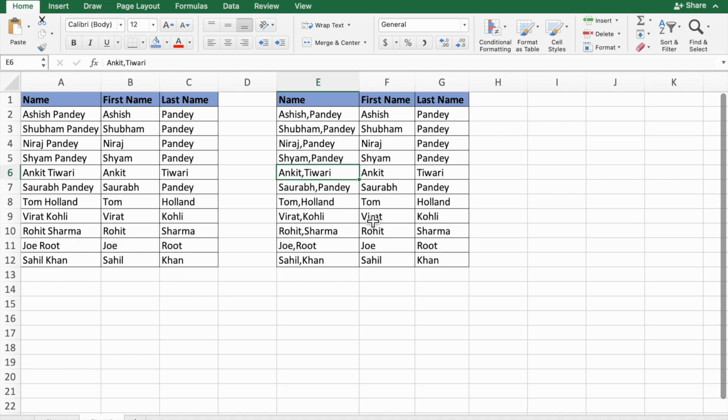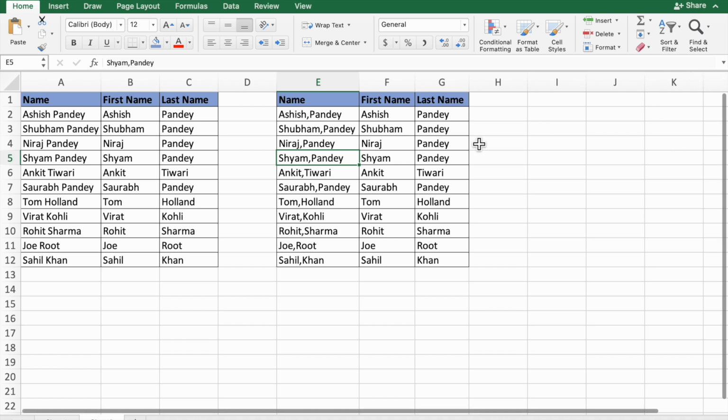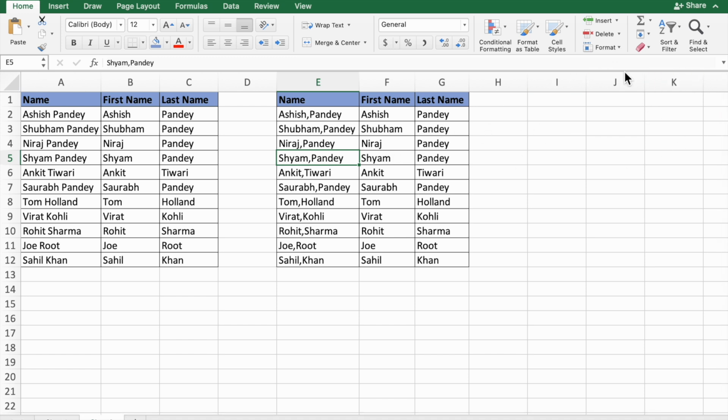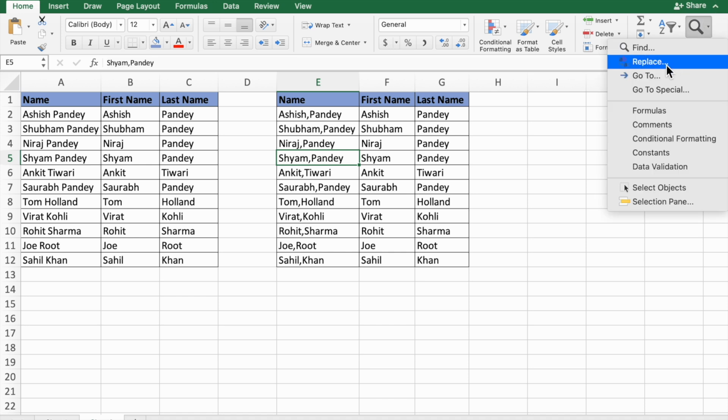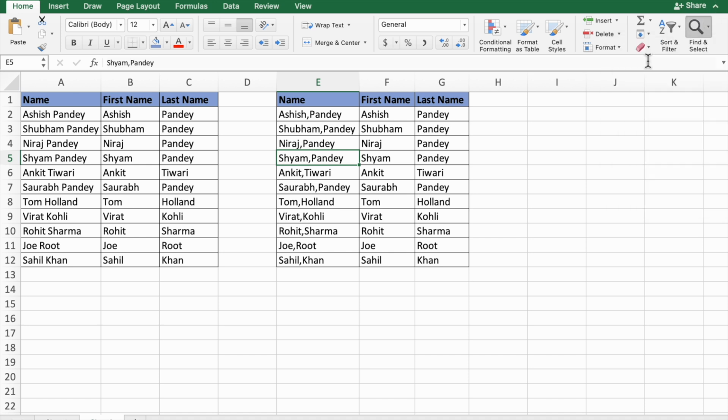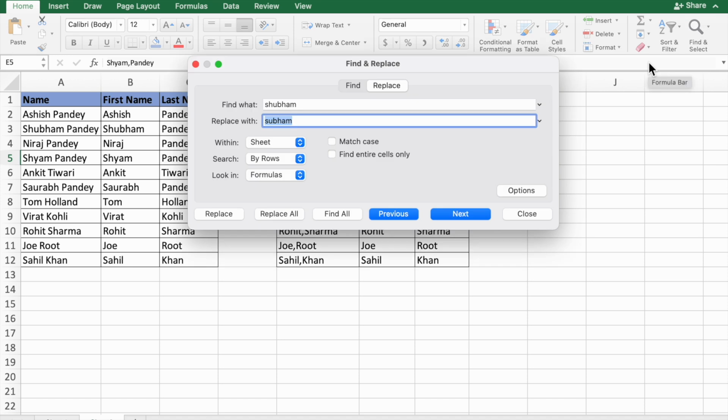For this, if you go one by one, it will take time. So you can easily replace the word all together. Excel has a find and replace option. You just have to go to the Find and Select option, and there you will see the Replace option. Just click on it. Now find the name which you want to